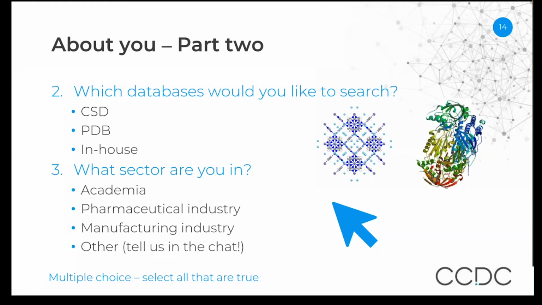At the moment, 66% of you like to search the CSD, about 30% the PDB. We'll give people a couple more seconds to answer that before we do the sector poll. Okay, we'll put the next poll up. While you're filling that in,